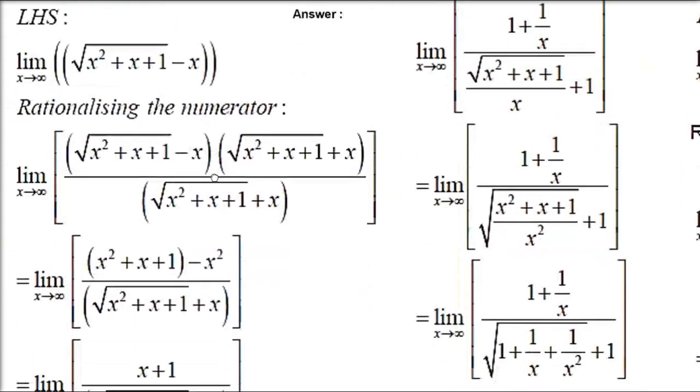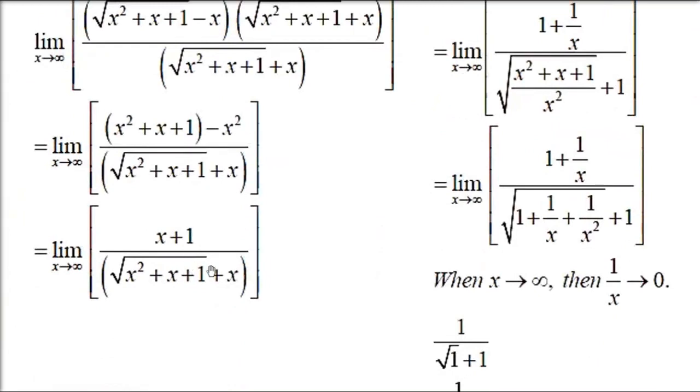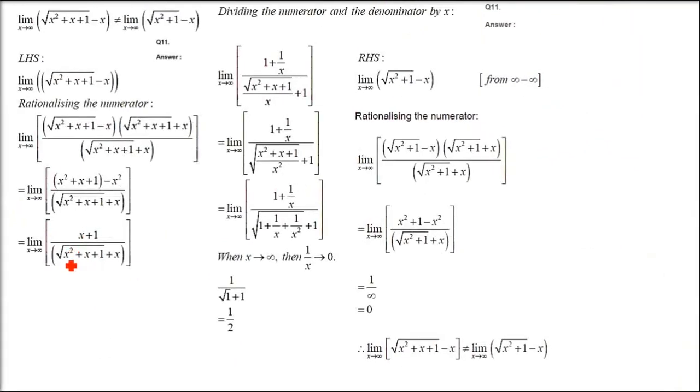Now from here you will divide numerator and denominator by x. Take the highest power. The highest power is x only, because even though you see x square, it is inside a root, so it will be only x. So divide numerator and denominator by x, so x plus 1 by x divided by under root x square plus x plus 1. When you take x inside, it will be x square inside the root. So x square plus x plus 1 by x square, and you have x by x. Open it: x by x is 1, plus 1 by x. So 1 plus 1 by x it will be.